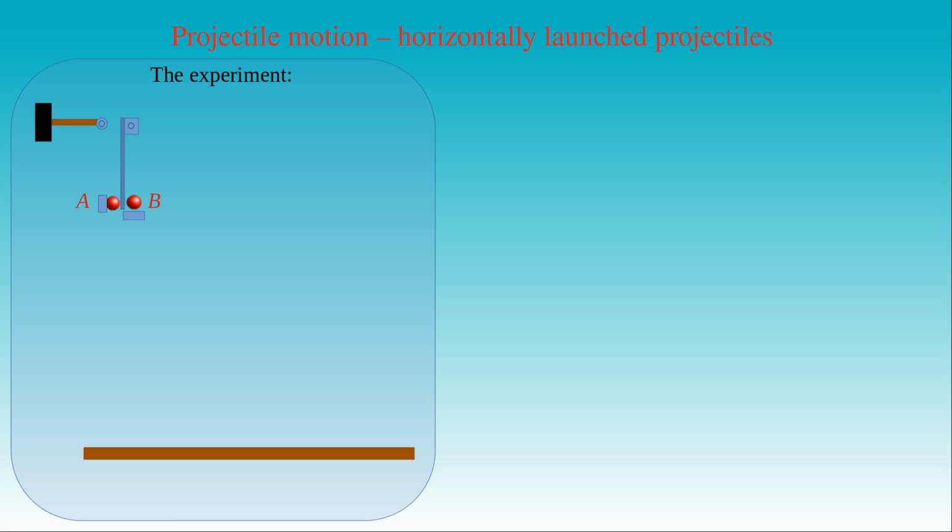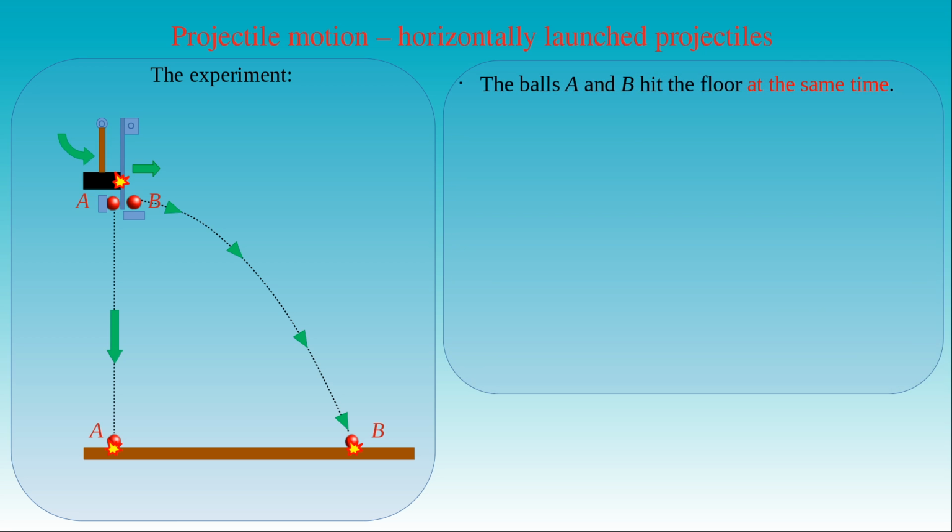If we release the hammer, it will strike the plate, which will bend, releasing the ball A, and pushing the ball B left to right in the horizontal direction. As a result, we let the ball A fall down and we launch the ball B horizontally in the right direction at the same time. By performing this experiment, we can demonstrate that the falling and the projected balls will hit the floor